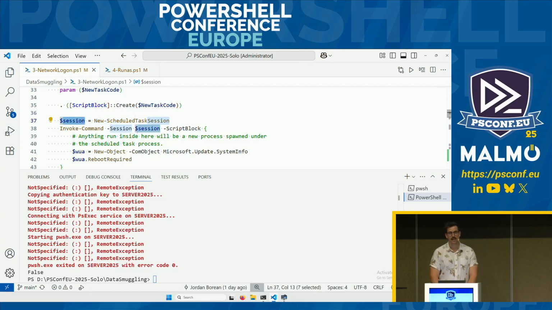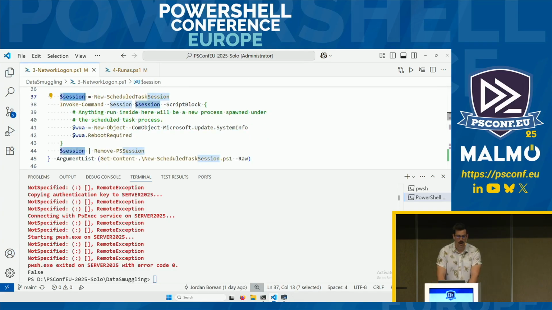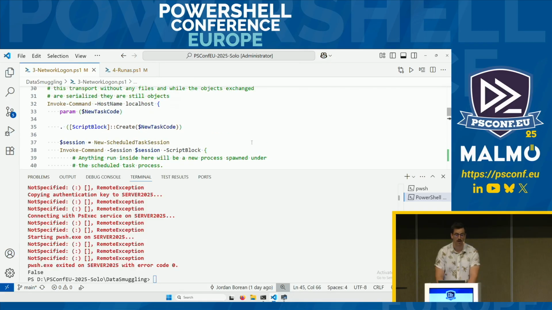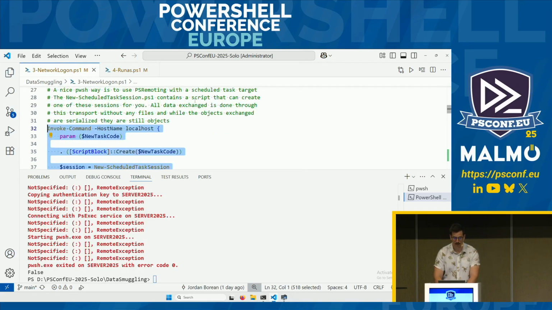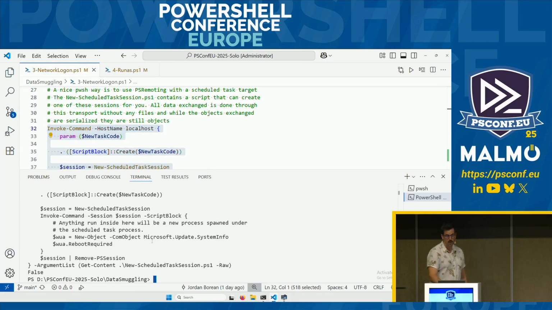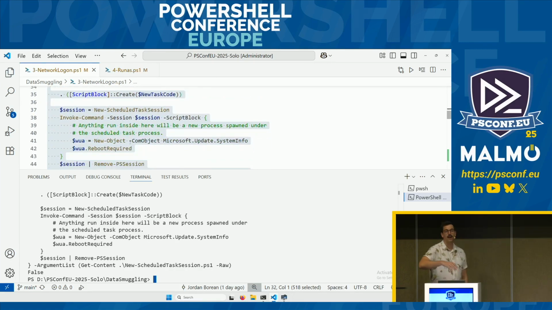This session object here is a PS session object. I can pass that in through invoke command, and then inside that one there, I can run the code that I want. Finally, I clean up that session, so it just closes that process. So if we run this command here, that will go through our SSH logon that has the network token, and then inside that one there, it will run it inside the scheduled task process,